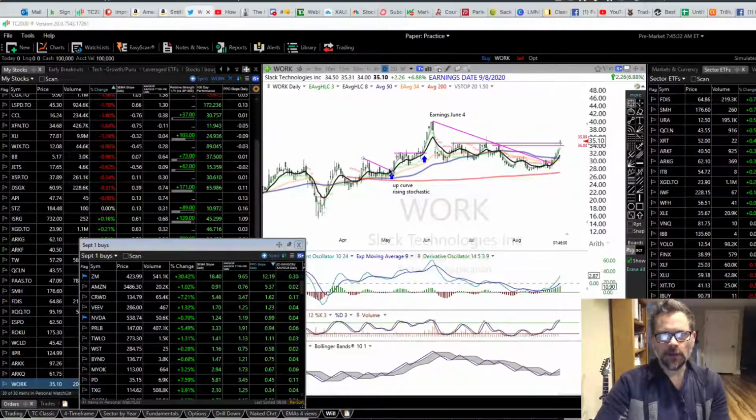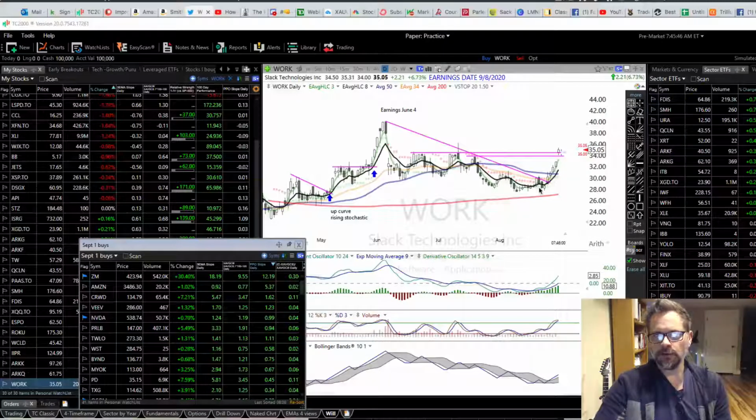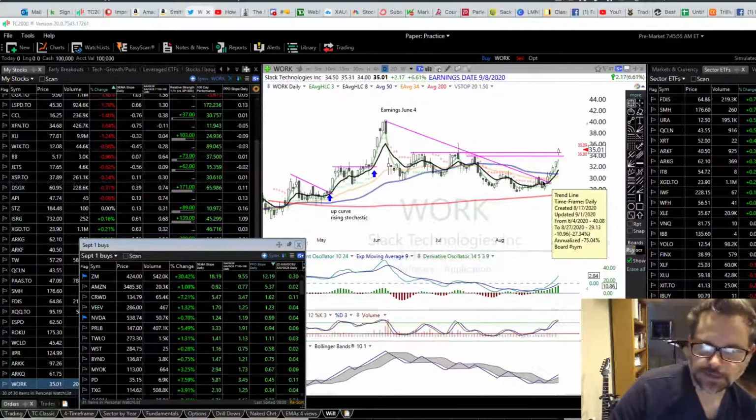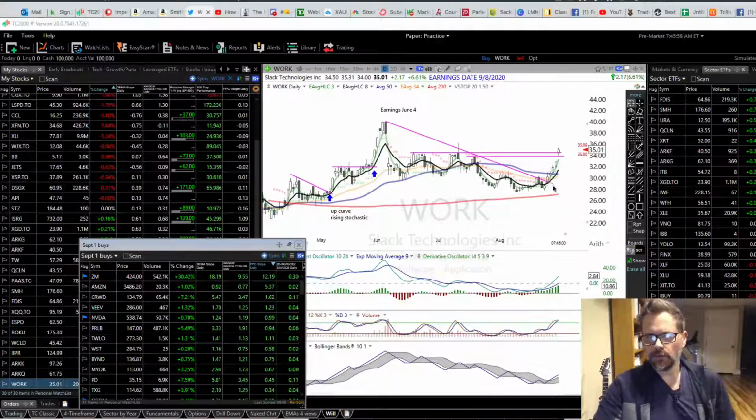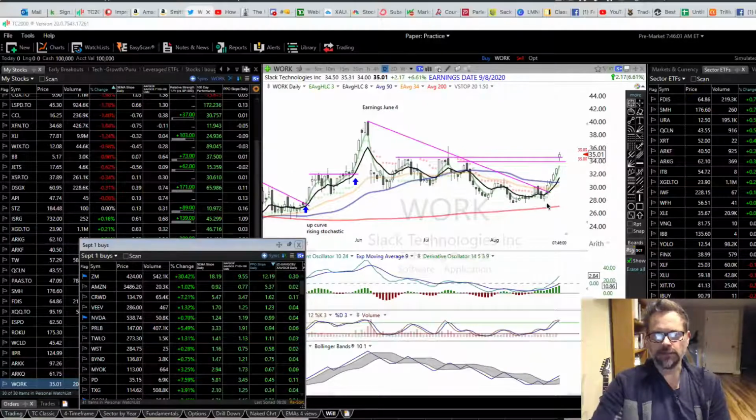So sometimes you'll get a breakout and then it'll just fail. So if you jump on that right away, that's fine. It's just a probability situation. But some people want to wait for more of a confirmed uptrend. So if you actually look here, this has just gone straight up. It's not really had this confirmed higher low. So it's not ideal in that sense from a technical perspective. But like I said, it's going up pretty strongly right now in anticipation of earnings.